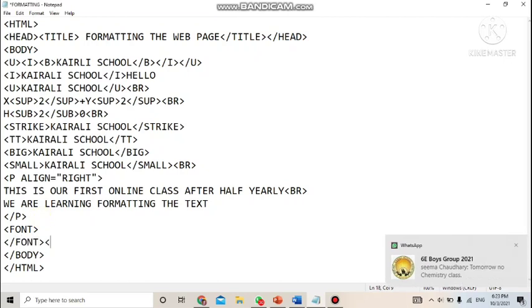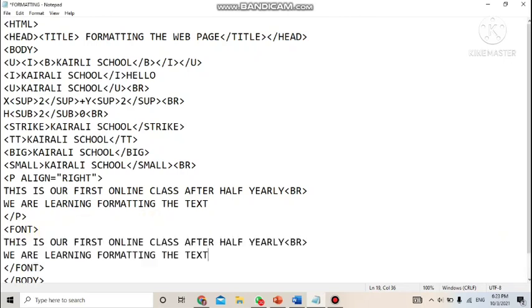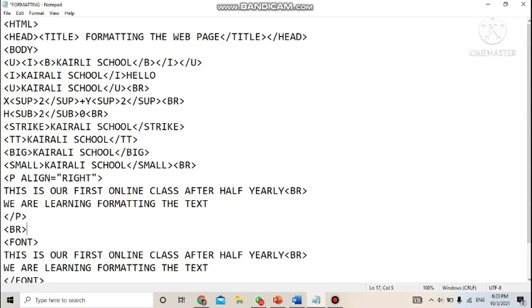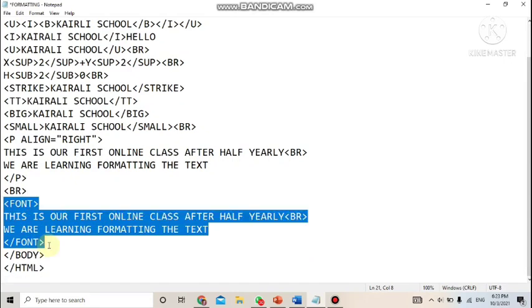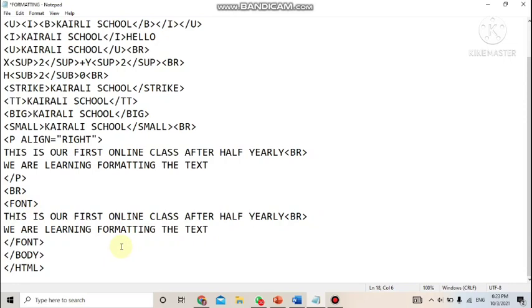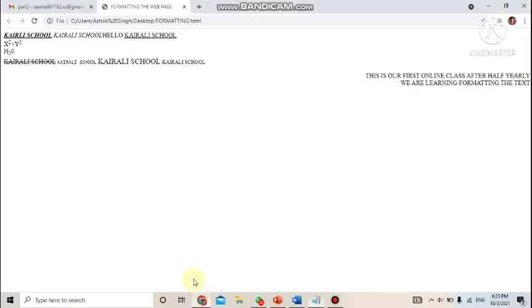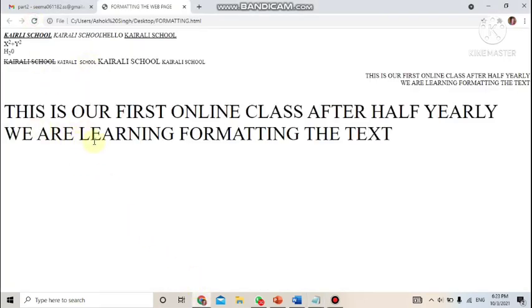Font tag closed. So inside this, I'm just going to write that line again. And here we'll use the BR tag so that it will come after this BR tag. So now this is the font tag as highlighted. In the opening tag, the attributes are, first one is size. Size can be given in points. I want it to be 15 points bigger. Writing 15. Save it. File, save and refresh the page. You will see that the size will be bigger.